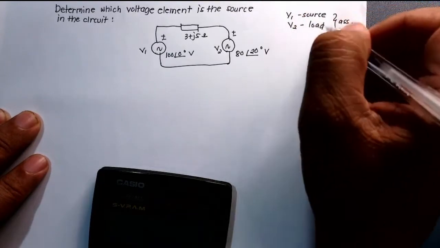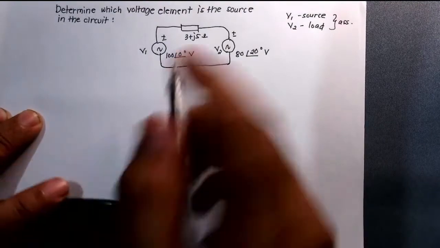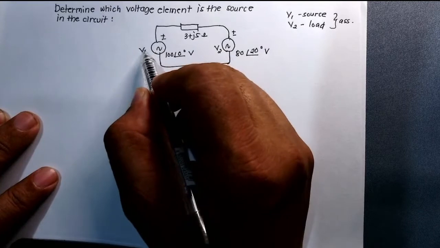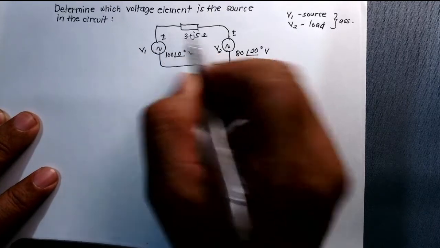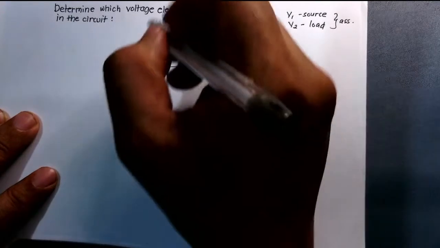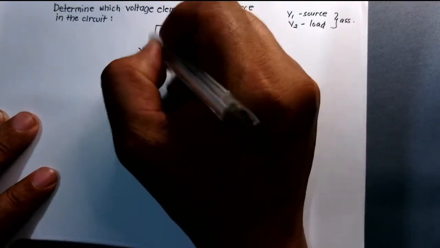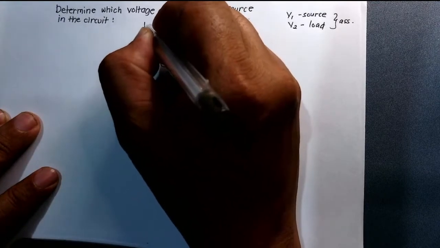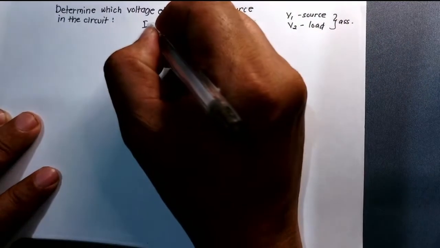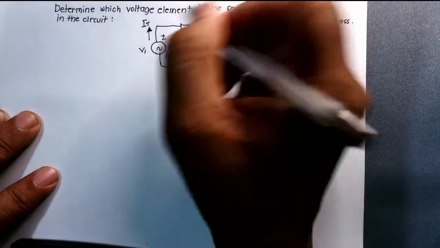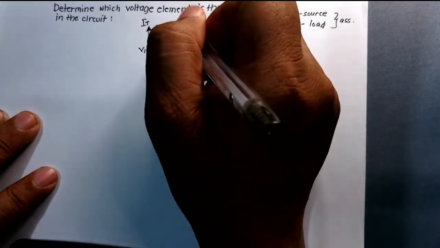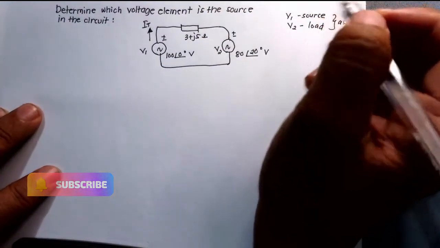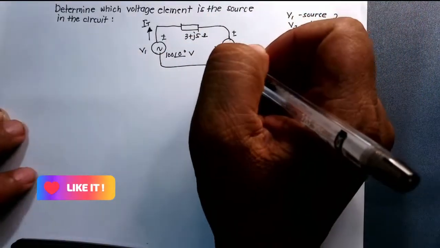And if that is the case, I will take note of the polarity. In B sub 1, the polarity is here, and in B sub 2, it is here. So if this will be my source, my current will be going out from this polarity. So this will be the direction of the current. Actually, this is total current. The same current will pass through this impedance and also this one if this is a load. So to be able to solve for the current,